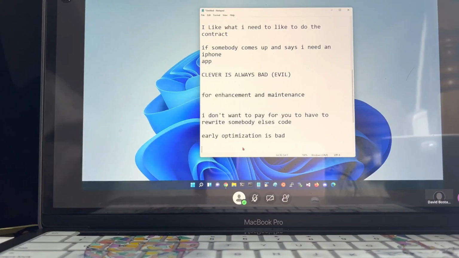But otherwise, as long as I'm using the correct tools and I'm not being clever, if it does what it needs to do and it's running in a reasonable amount of time, I don't need to do optimization on it. And that seems to go against what in your head you'd want: well, I'm going to write this so it runs as fast as possible. That'll also write code that's very, very hard to maintain. And I don't want to pay for somebody to have to maintain code.